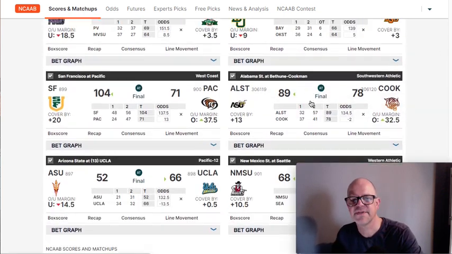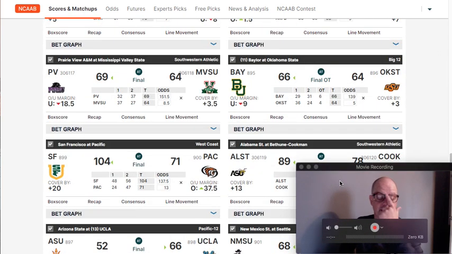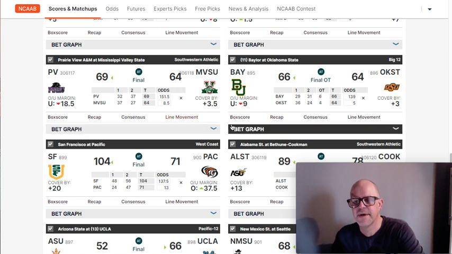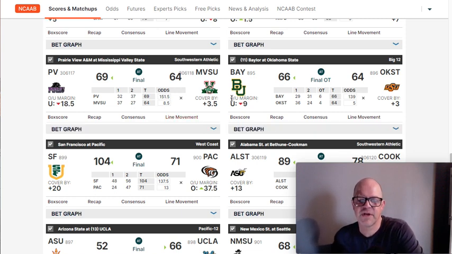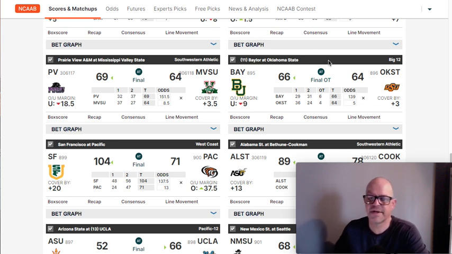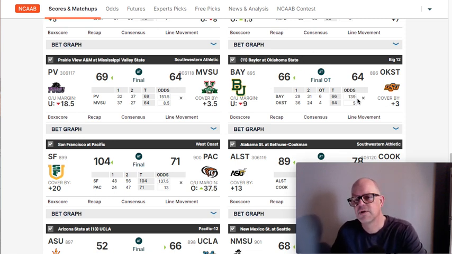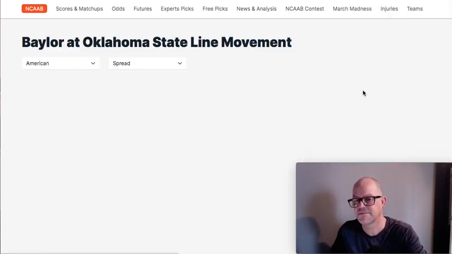All right, let's look at this Baylor-Oklahoma State game, because this is a good example where if you would have played the money line, you would have lost. But I'm going to show you why playing the money line was a smart play here. Okay, so Oklahoma State +5, game with no OT. Baylor wins, so Oklahoma State covers with the 5, but if you played on the money line, you would have lost, which is how I teach based on that scenario.